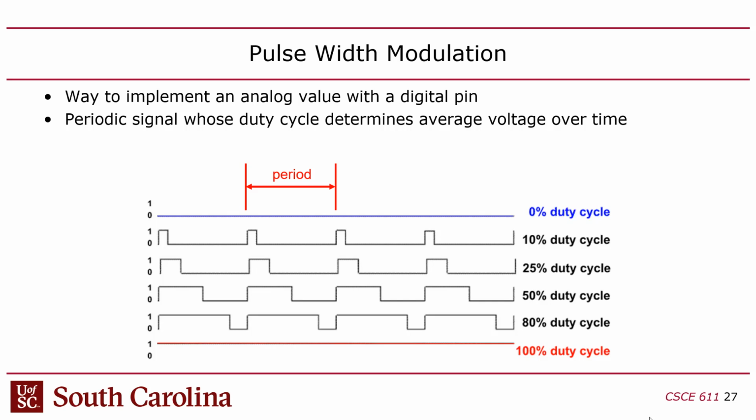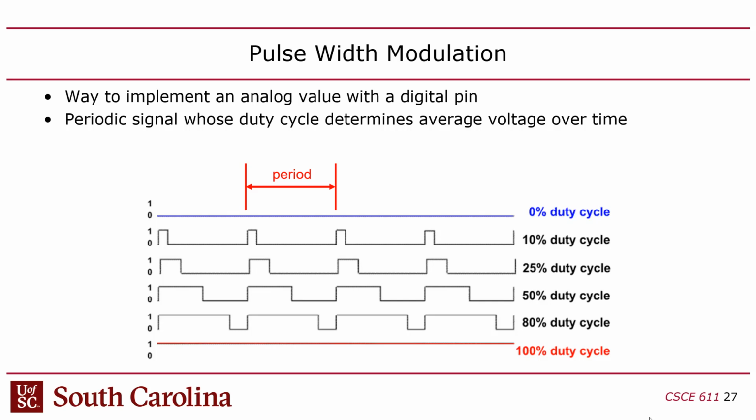So a PWM signal can have whatever switching frequency you want. Usually they're tens of kilohertz, which is hundreds of microseconds or something like that. It's the inverse, right? But with PWM, unlike a clock signal that usually has a 50% duty cycle, meaning that half the time the clock is high and half the time the clock is low,